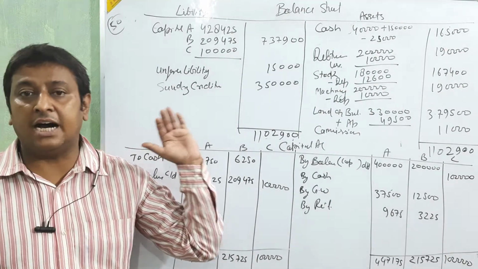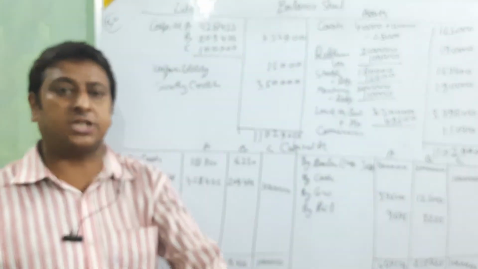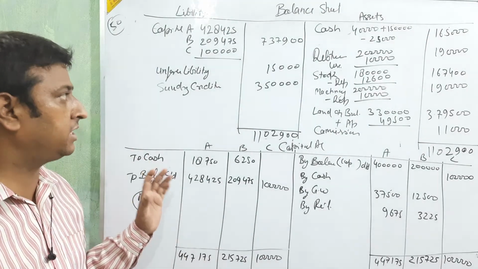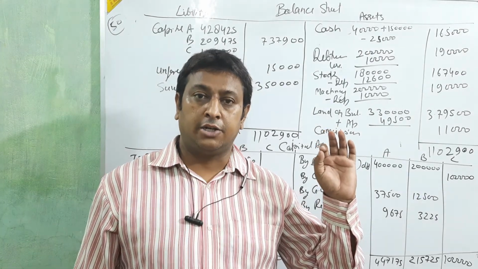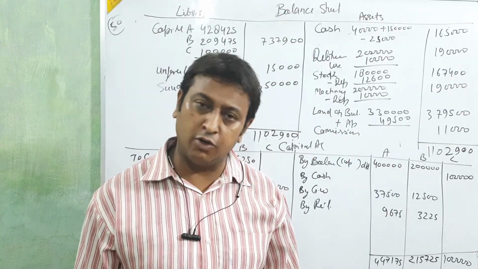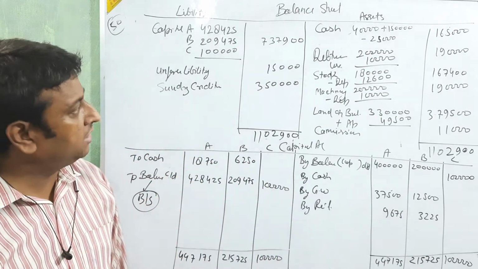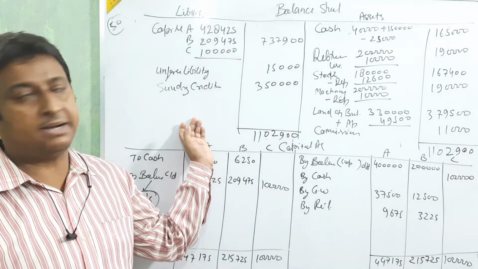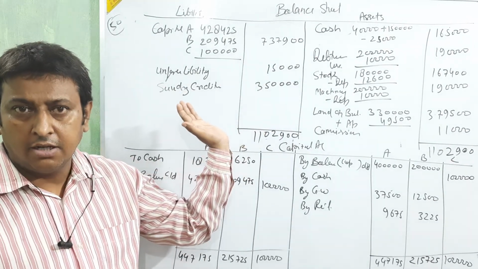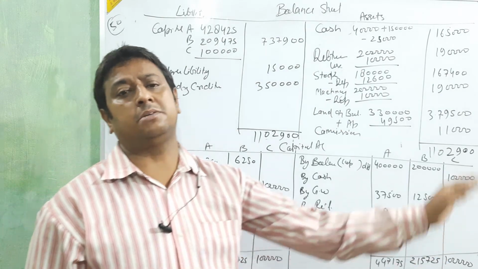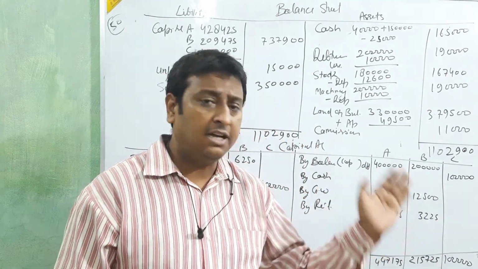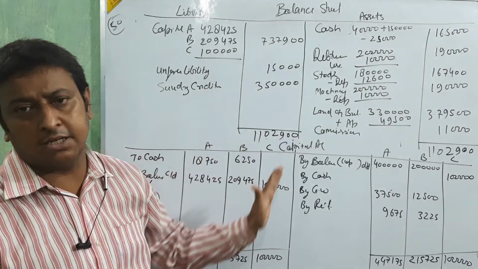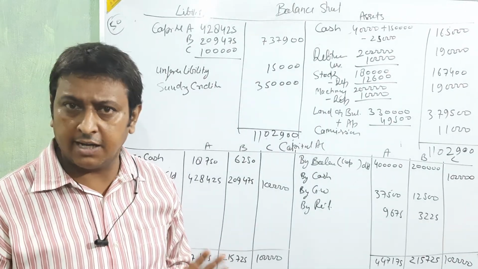In this way we are going to solve the full question. This is called the full question. First you make the new profit sharing ratio, or calculate the new profit sharing ratio, then the revaluation account, then the capital account, then the balance sheet. Clear how to make the balance sheet? Only take the help of your old balance sheet, nothing else, and with the revaluation, whatever changes are coming, put all the things, then you easily get the answer. Okay, clear? Okay, thank you.